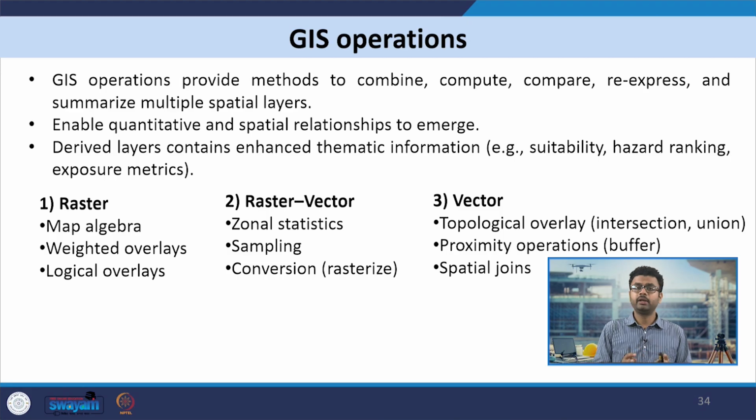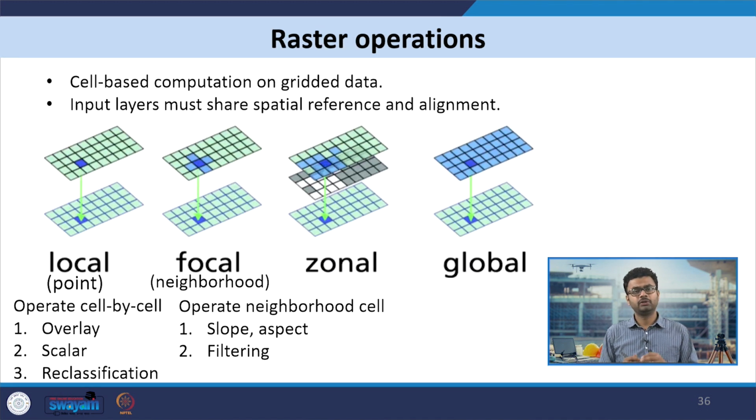So mostly drone data is in raster form, hence raster operations and raster vector operations are most commonly performed. The raster operations are cell-based computations on gridded data, and for this the input layers must share spatial reference and alignment. And raster operations are also sub-classified into 4 categories: local, wherein the operation on the pixel only concerns